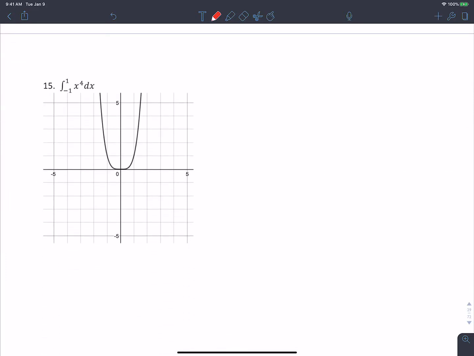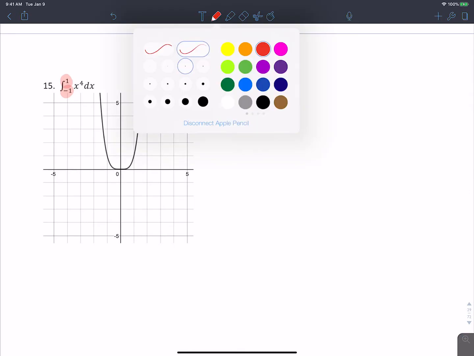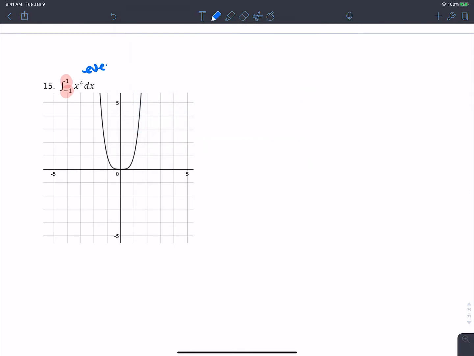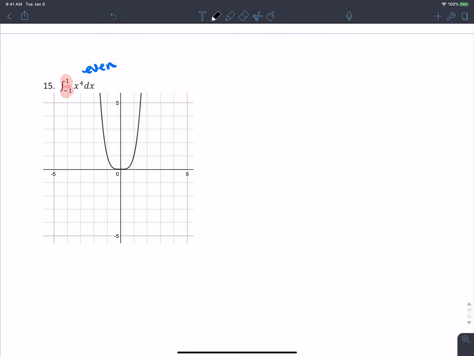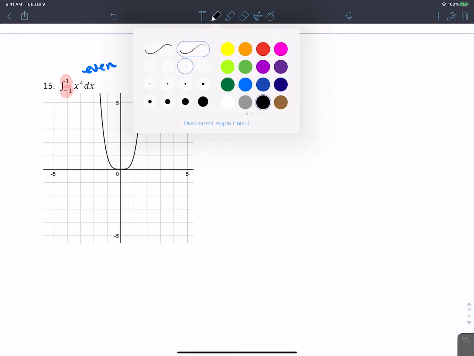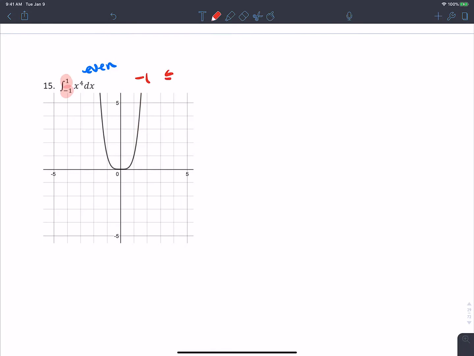What is this? Should we be rewarded? Let's double check. Negative 1 to 1. My function is what? Even. Now you might say, well, what do I do here? Look at the interval: negative 1 less than or equal to x less than or equal to positive 1. Here's what I'm going to do. I'm going to say this is going to equal twice the integral from 0 to 1, x to the 4th